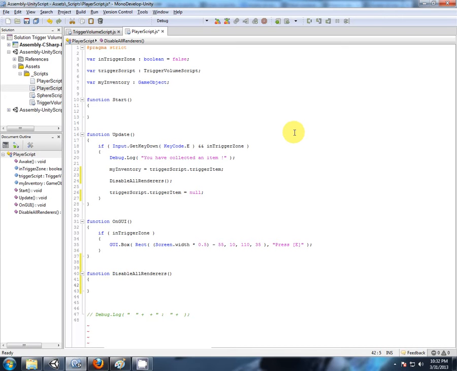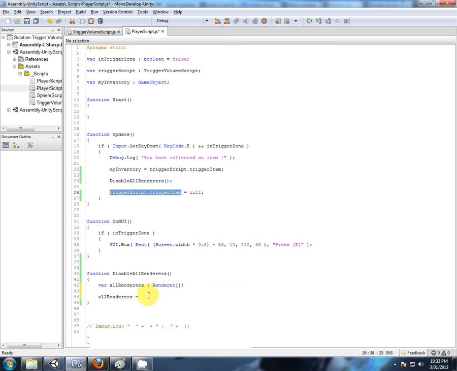First of all, we need to create an array of renderers. So all the renderers that are children of that game object. So var all renderers, and this will be of type renderer, but it's an array, so we use the square brackets. Now what's that going to equal? All renderers is going to equal the trigger script trigger item